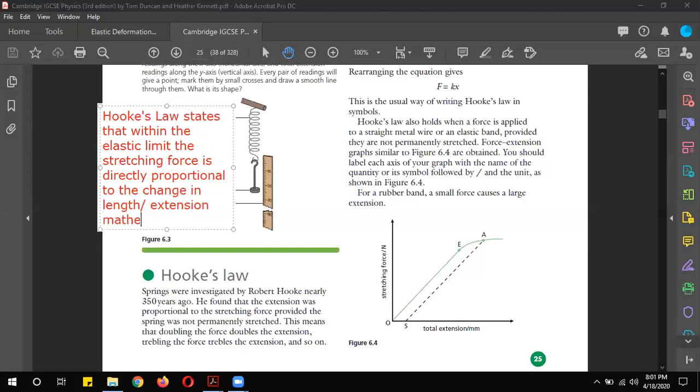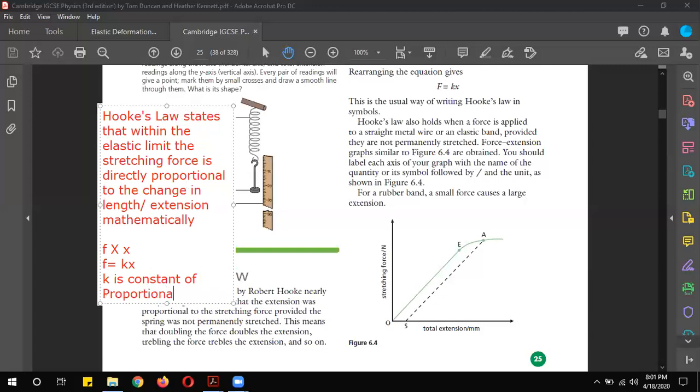So mathematically, we can write F is directly proportional to x, and F becomes equal to kx, where k is the constant of proportionality. Hooke's law will not be obeyed by the object if the elastic limit is